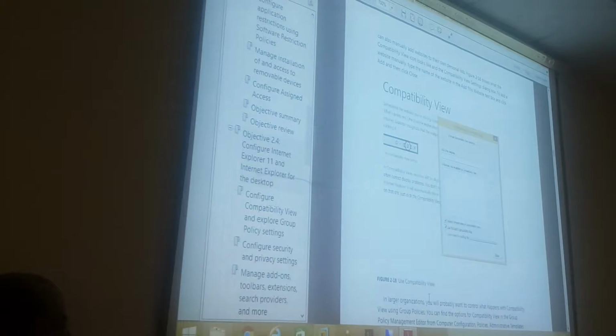But some rare websites, the ones you use for teleworking, there can be several websites like this. You can add them to the compatibility view, only because they will not be able to work properly. Normally the people who create the website will give you that instruction. But if you want to add it to the compatibility view,